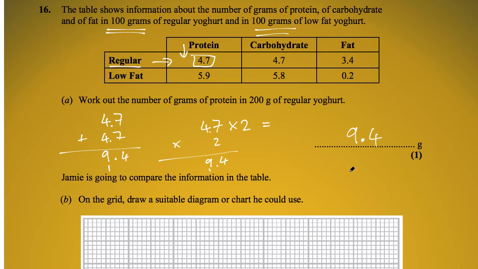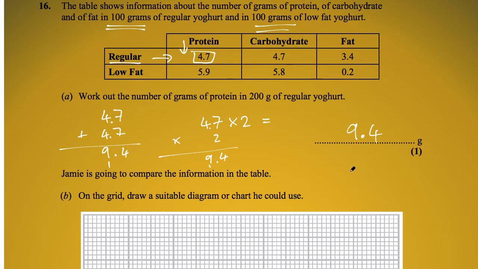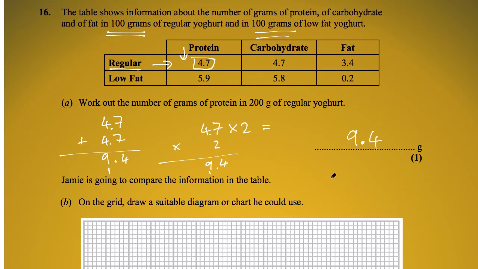Jamie is going to compare the information in the table. On the grid, draw a suitable diagram or chart he could use. So it doesn't tell us exactly what type of chart or diagram he should use, but we're comparing things, so it seems quite a likely thing to do a dual bar chart here, and we can have a scale going up the side in grams,